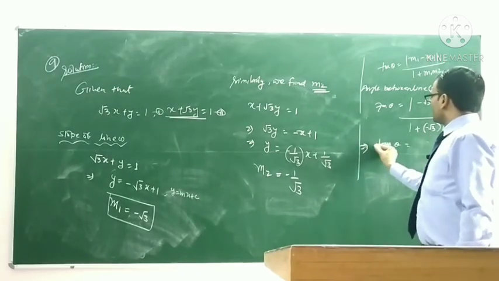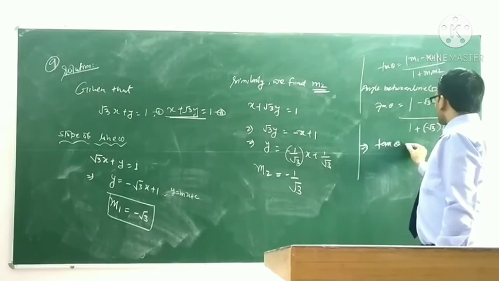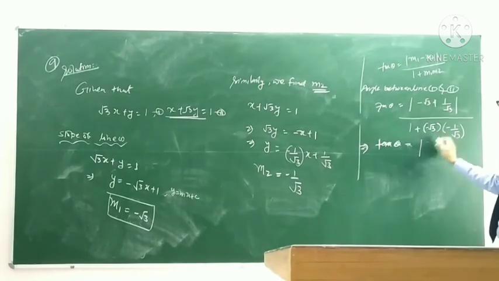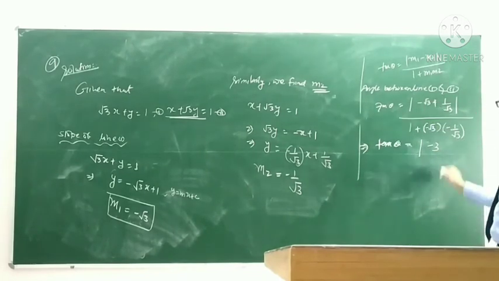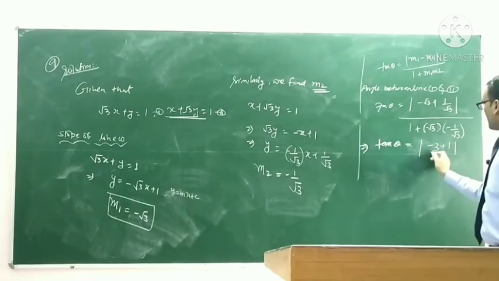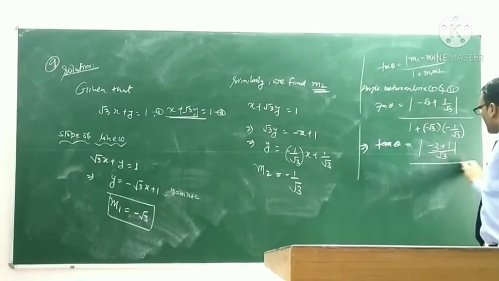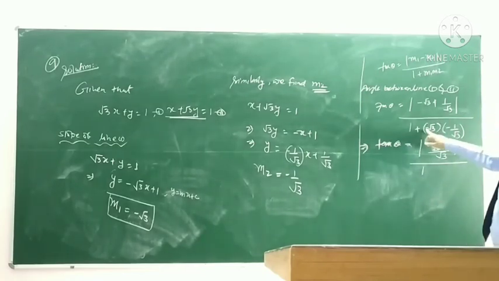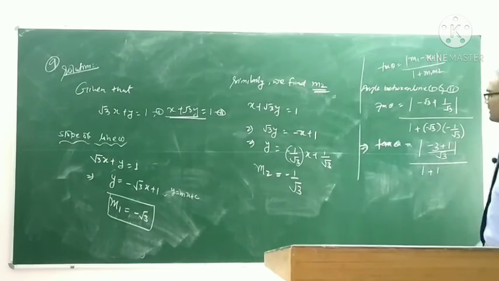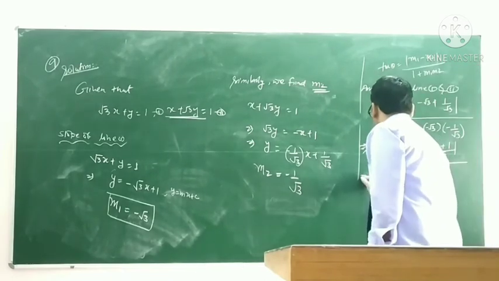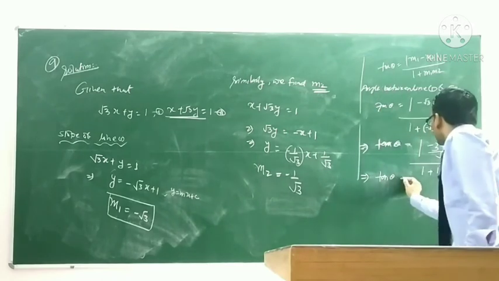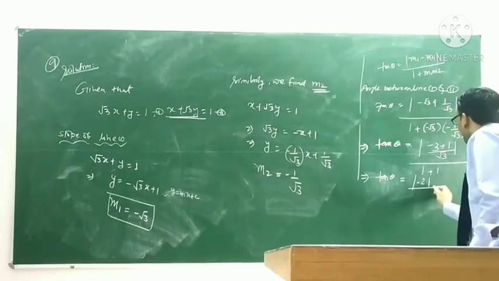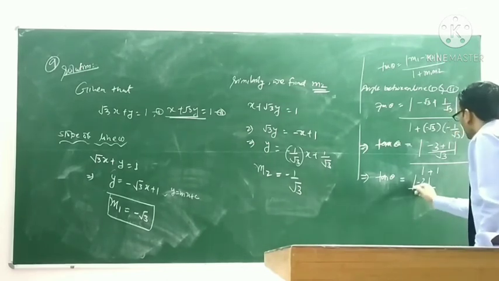This implies that tan theta is equal to mod of, square root 3 into square root 3 is 3, so minus 3, and minus minus makes plus 1 upon square root 3; upon 1, the square root 3 will be cancelled, minus minus makes a plus 1. Okay students, this implies that tan theta equal to mod of minus 2 upon square root 3